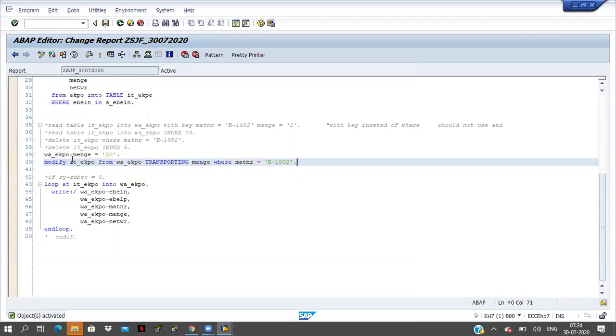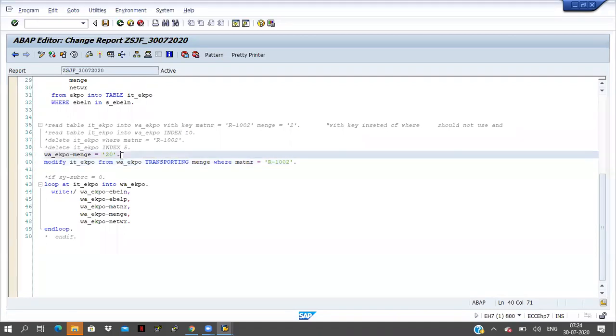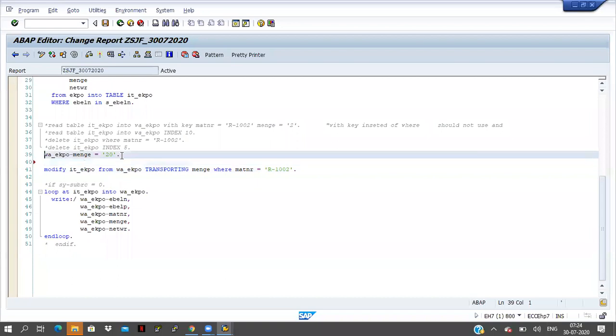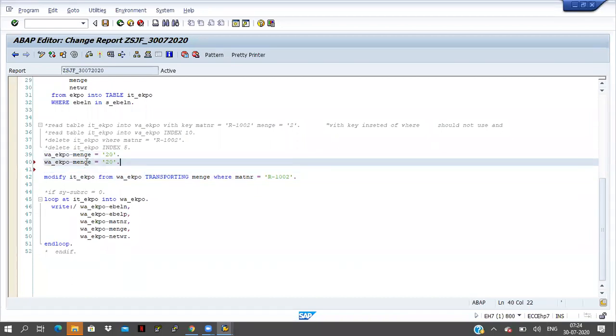Okay, so what we are doing, first of all, we have to pass the value. I mean, what value we are changing here, and I will take one more thing also. What I have taken, matter and net price also is there, right? So in ETWR, I am taking like something.